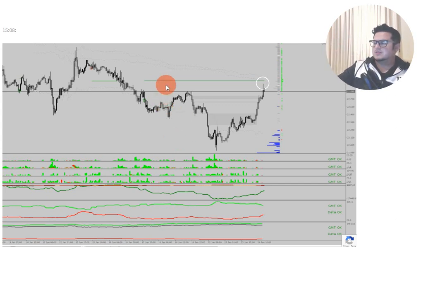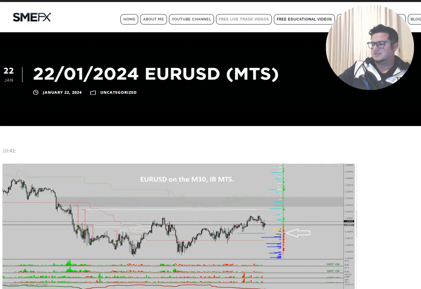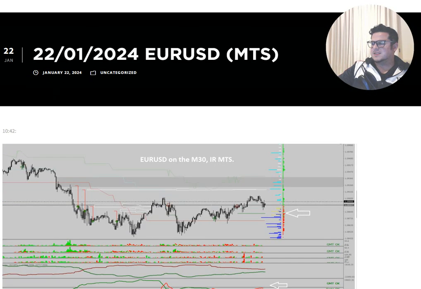Okay, so you could also call this move the pre-main run counter move, okay? The move away from the target to clear everyone out who was positioned correctly, and then they go for the actual target run, okay? These are also situations where people were positioned correctly, but they get stopped out just for the price to return to the actual idea, which everybody knows who has been trading naked charts, okay? Nice. All right, anyways, so let's go back to our summary.